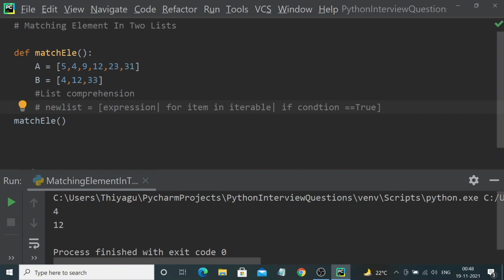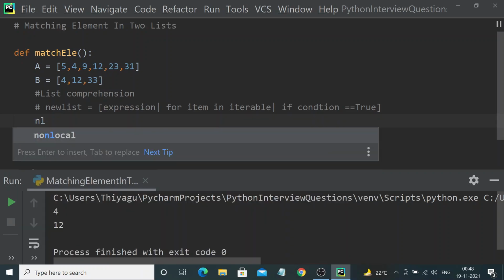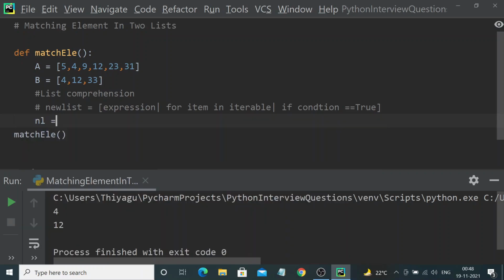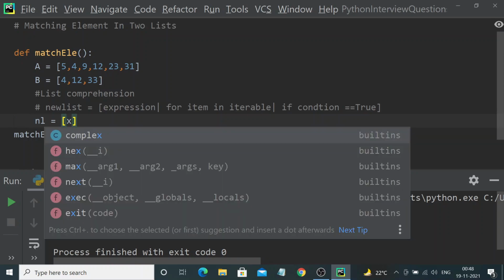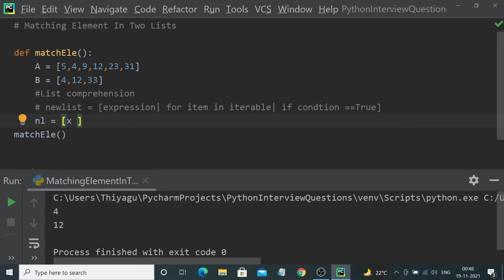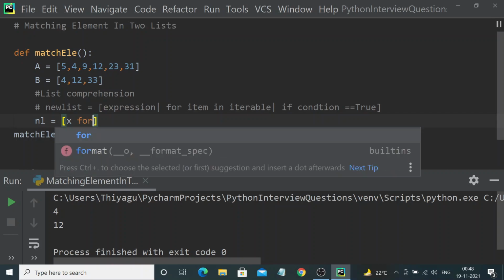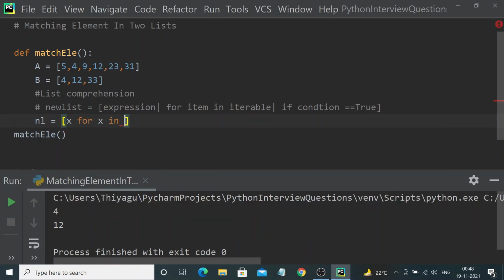Okay, now let's use this list comprehension in our problem. I will name the new list NL. Now let me keep following this syntax. Expression can be x. Next I need to have the iteration, the iterable, so I have to provide a for clause: for x in a.